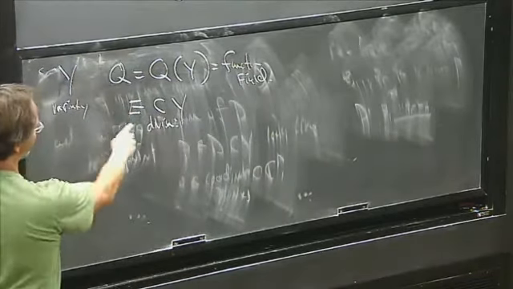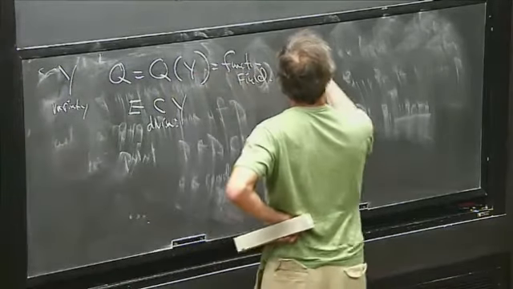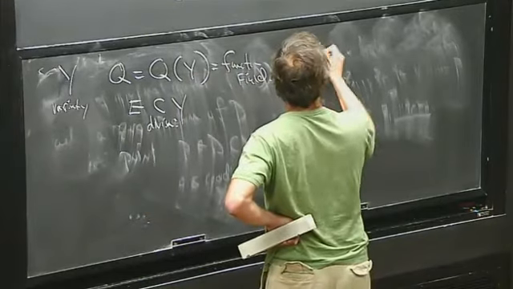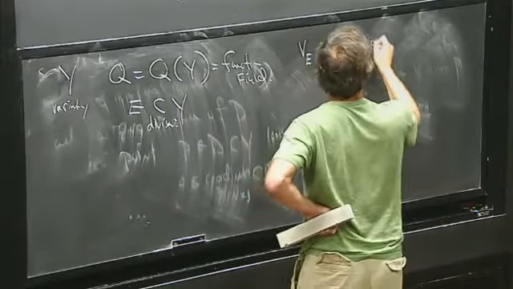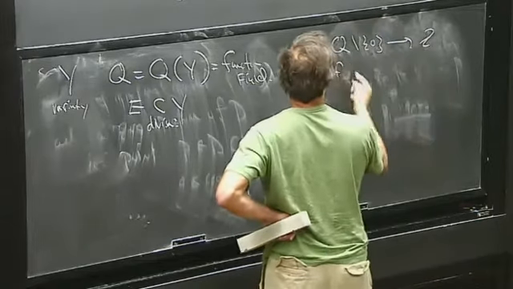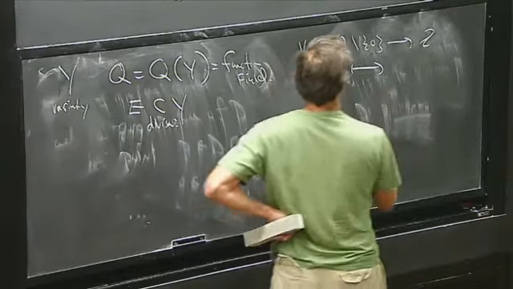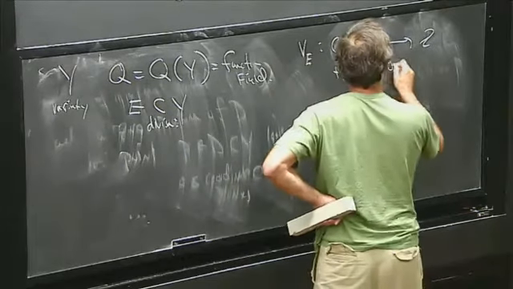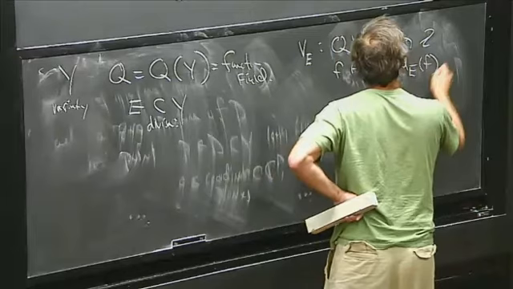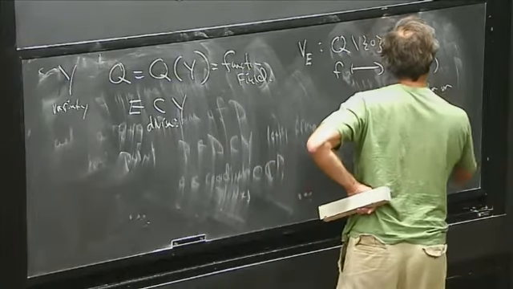Well, I get a certain function out of each divisor, a function on the field. I'll get the valuation with respect to E as a function from the field of rational functions to Z, which just takes f, a non-zero function, to its order of zero or pole along E. So just the order along E of f. So just the order of zero or pole.